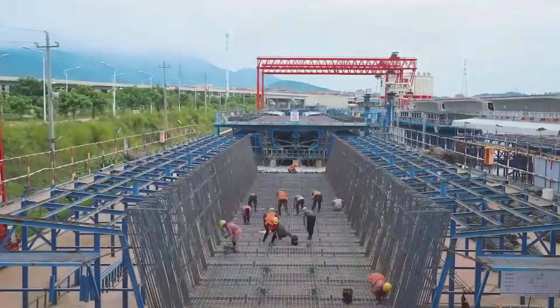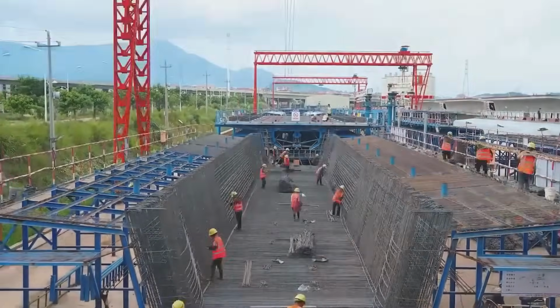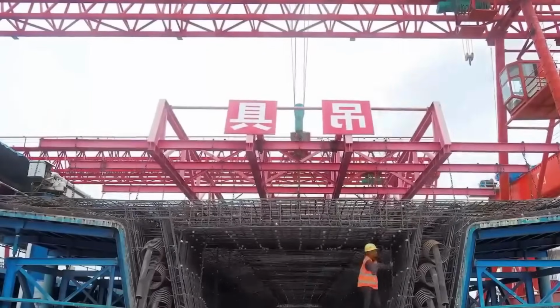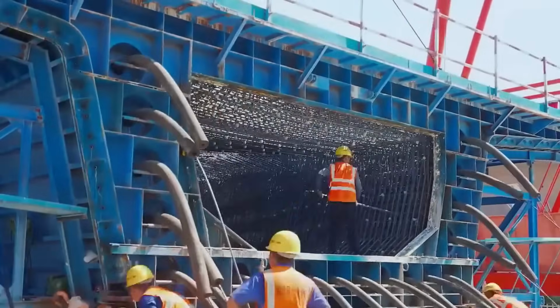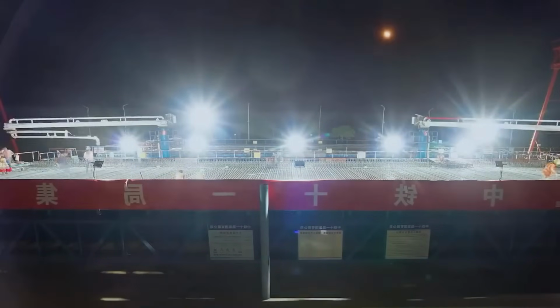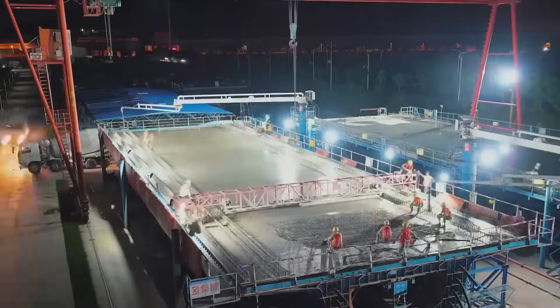The box girder manufacturing process in China is a high-precision and fast engineering show for large infrastructure projects. It all starts with the preparation of giant steel molds. Then, pre-bent reinforcements are placed in these molds, and high-strength concrete is poured with pumps to create a hollow, solid